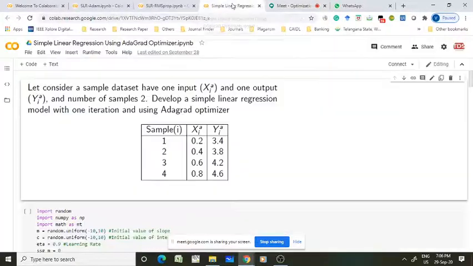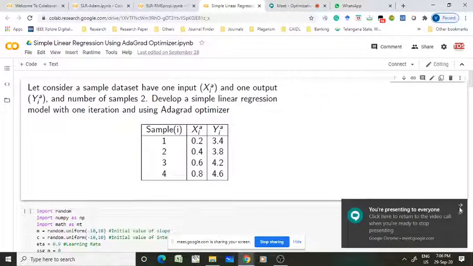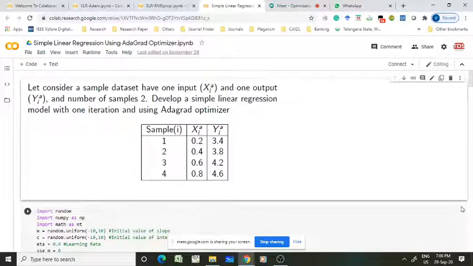So first we will discuss the AdaGrad optimizer. In the AdaGrad optimizer, we are calculating the sum of the squares of the gradient. Try to recollect, right? m equals m minus learning rate eta divided by the square root of capital G_m squared, that is the sum of squares of gradients, plus epsilon, that is 10 power minus 8, multiplied with the gradient g_m. So try to recollect that equation.